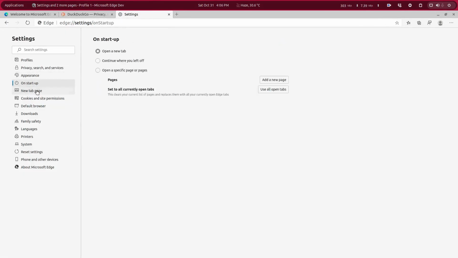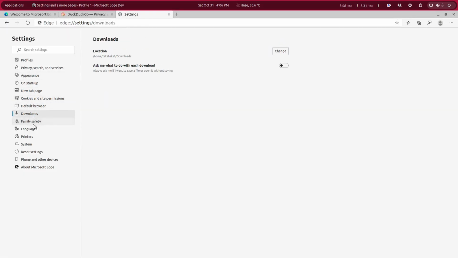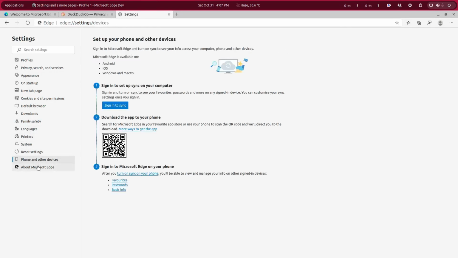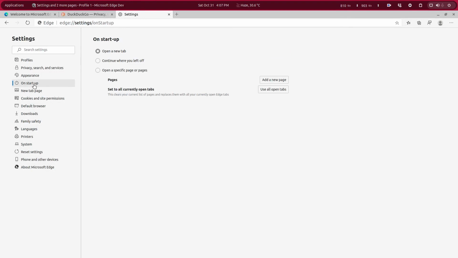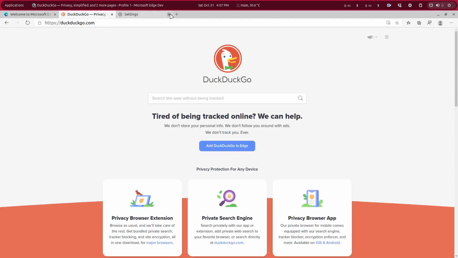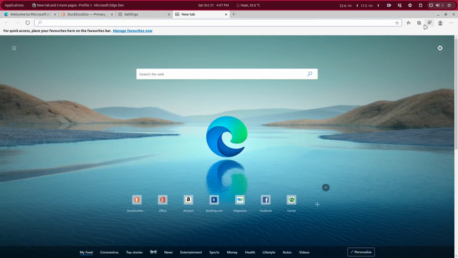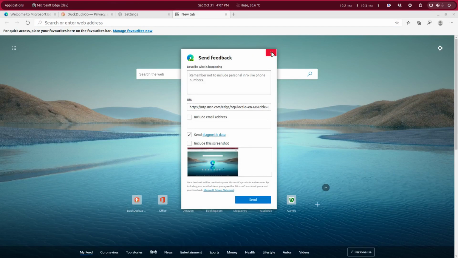Here we can go through the settings, and I can click on settings and you will find similar settings just like the other web browsers I mentioned earlier, but it will have a little bit of a spin-off related to Windows, which is really nice. I mean, they built their own edition of web browser and they should have some kind of tweaks over there. As I said, all the features will not be working. For example, the sync feature is not available as of now.